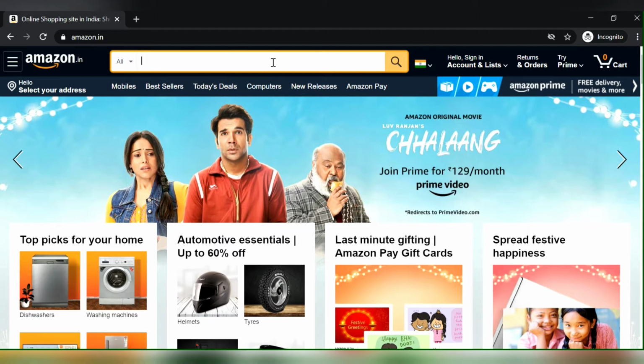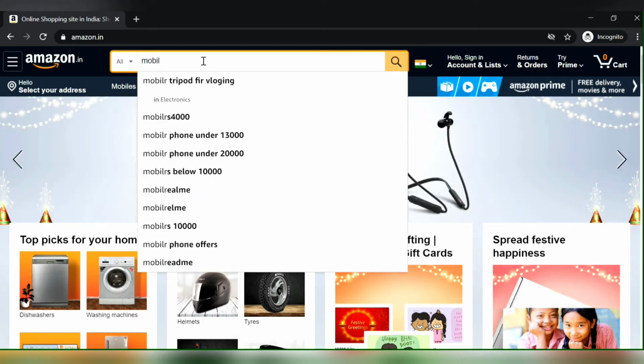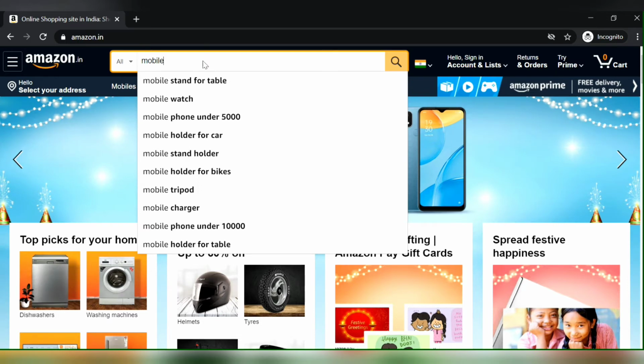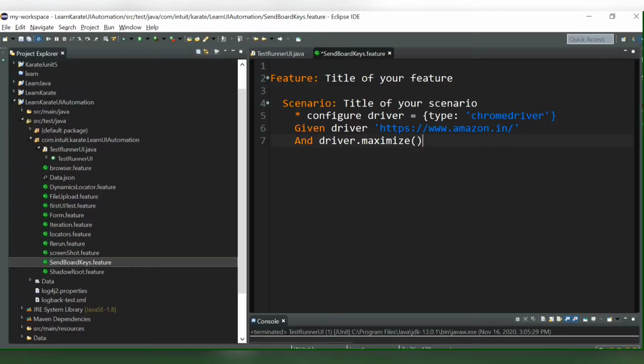So now the search box is highlighted, right? Once the search box is highlighted, I will send a keyword to this search box, and then I will send the enter button so that we will get the results. Once after clicking this tab key from the keyboard 5 times, the search box would be highlighted, right? The search box would be under the focus.